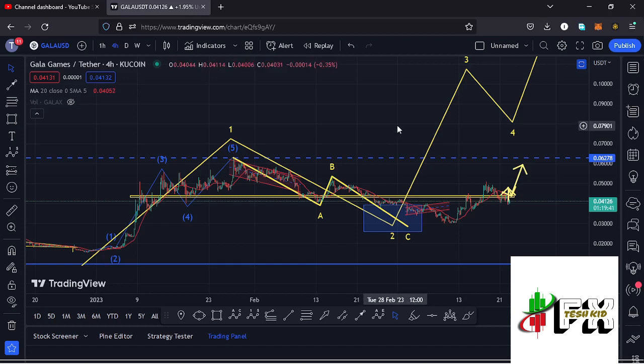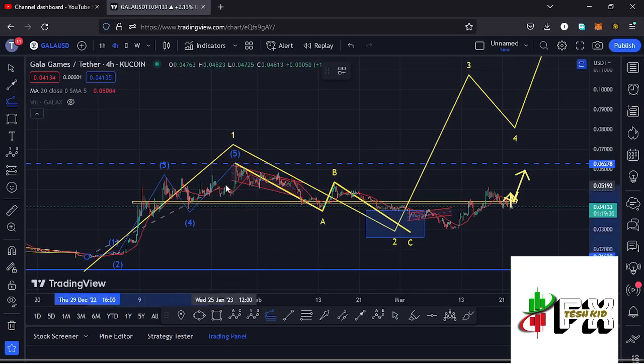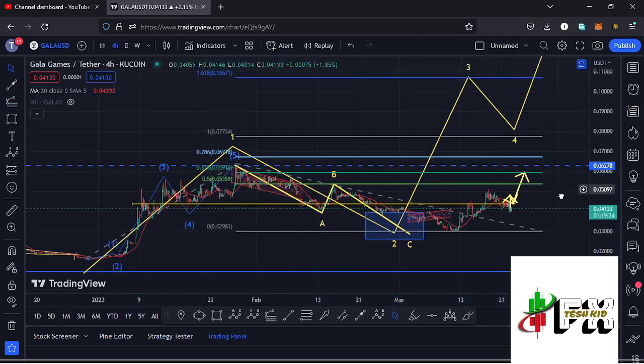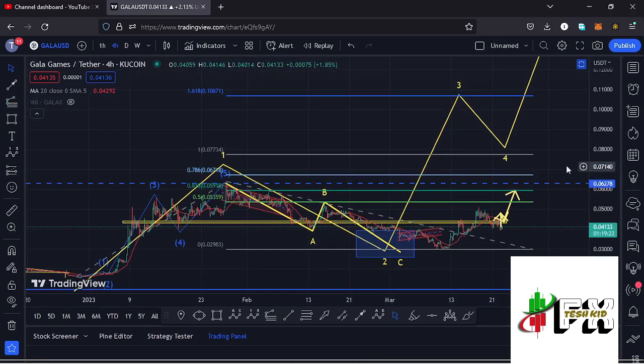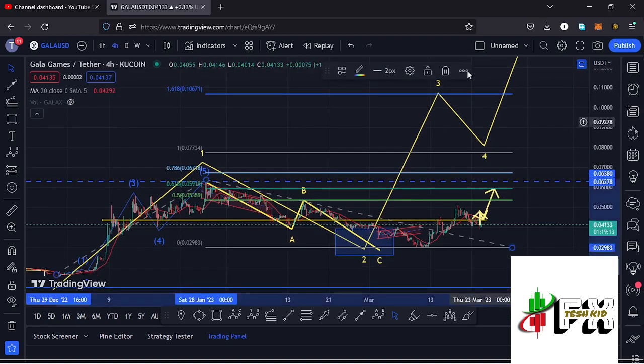And allow me to continue with the video here on the 4-hour chart by first sketching out a target area to the upper side in the formation of that wave 3 by connecting the trend-based Fibonacci from the low of the first wave to the high of that wave 1, then dragging the fibs to the low of the second wave, and that now gives me a minimum target area to the upper side in the formation of that wave 3 at the fib level 1.618, and that is at around the $0.10671 mark,